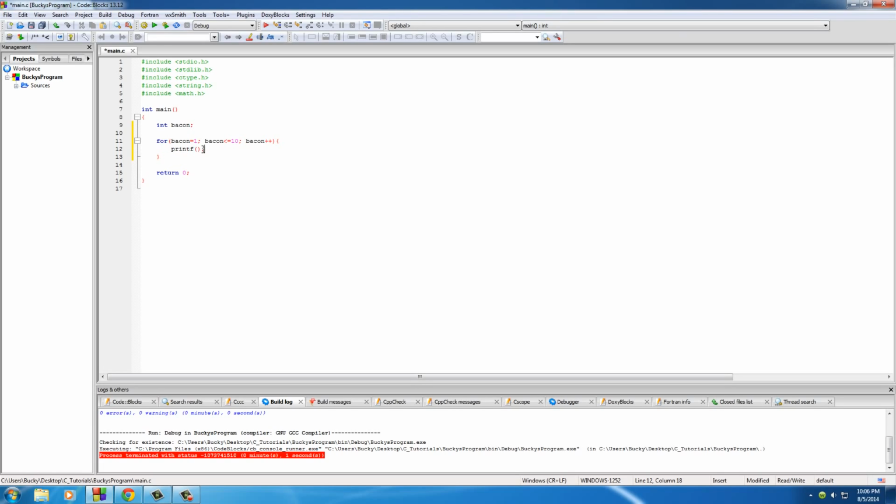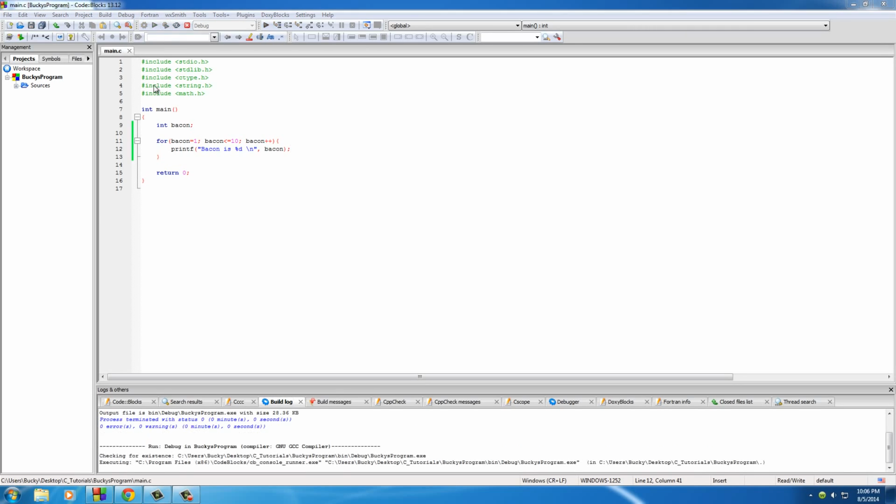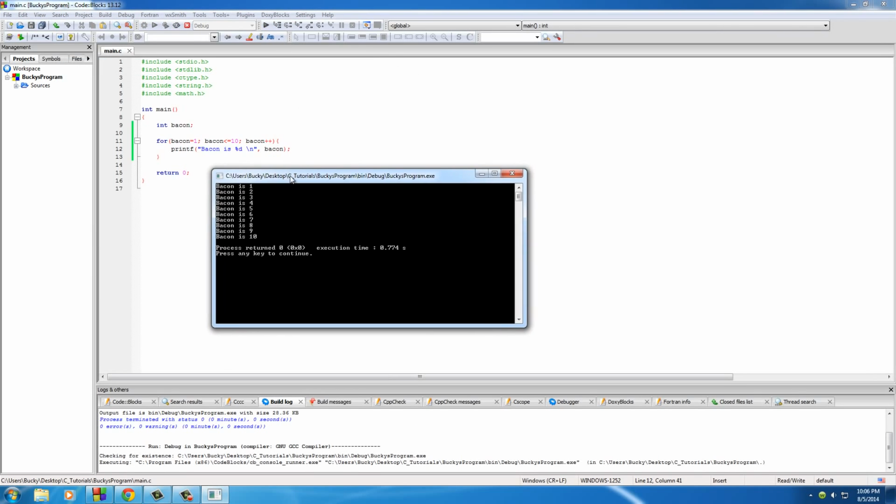So printf, and in here, I'm just going to print something out on the screen. I'll put bacon is, and I'll write the number of the loop iteration that we're on. So %d, and then I'll push it on a new line. I'll just print out bacon so you guys can see what's going on. So let me run this and check it out. As I stated before, it starts at 1, it ends at 10, and because we have bacon plus plus, which means add 1 to bacon every time,